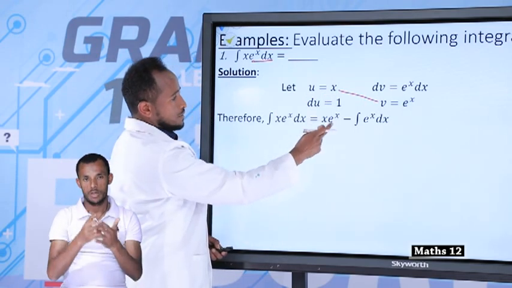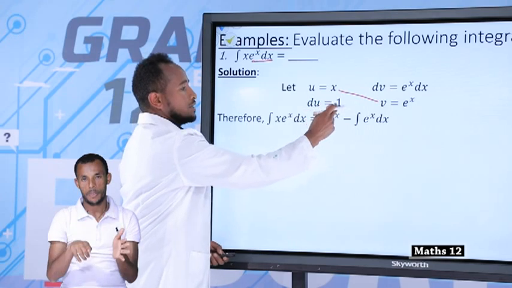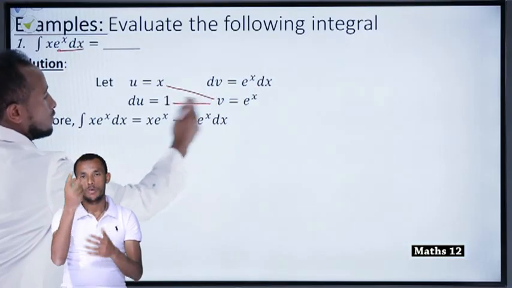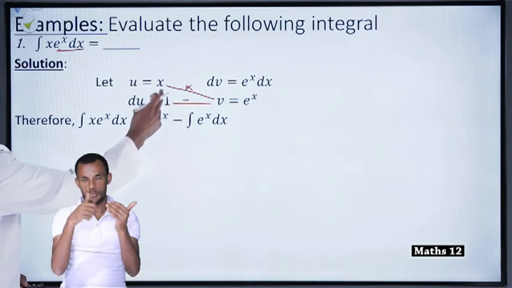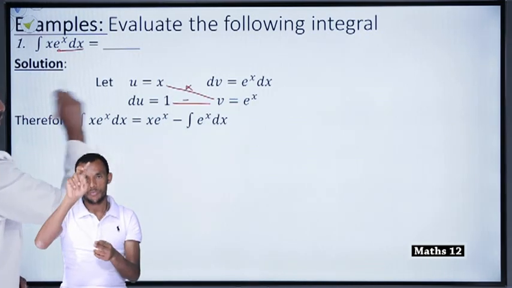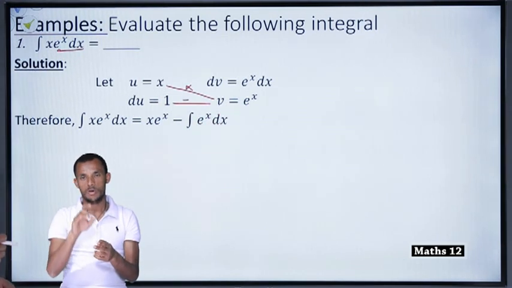Thus it is x times e raised to x minus the integral of the product of the two. This minus, this you take the product. Therefore, x times e raised to x here, minus 1 times e raised to x here in the integral. Therefore,